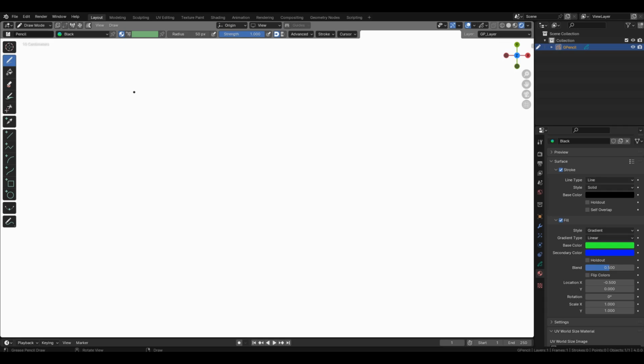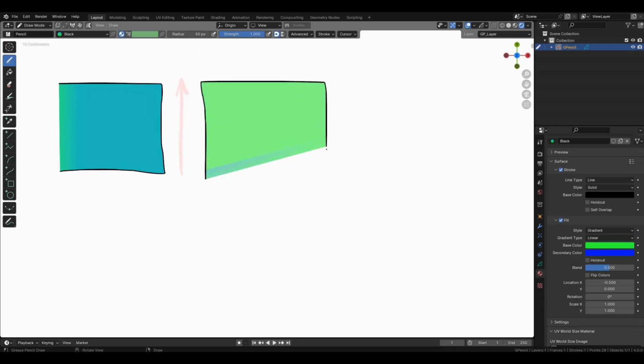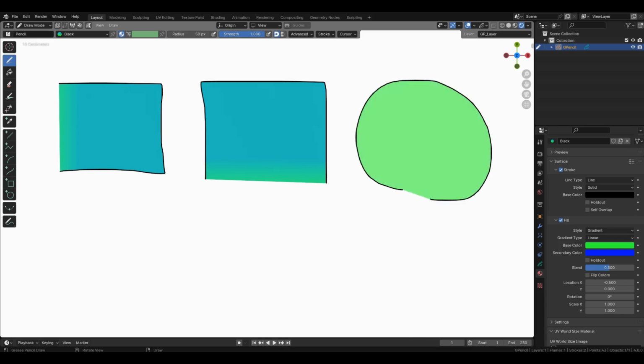The easiest way to do this is with a square example. If we start drawing the shape from left to right, the gradient will be in that direction. Left to right. From the base color to the second one. If you start drawing the shape from bottom to top, then the gradient direction will be from bottom to top. With a square, everything is simple. But if we draw a circle, we will see that in this case the direction is not so predictable.